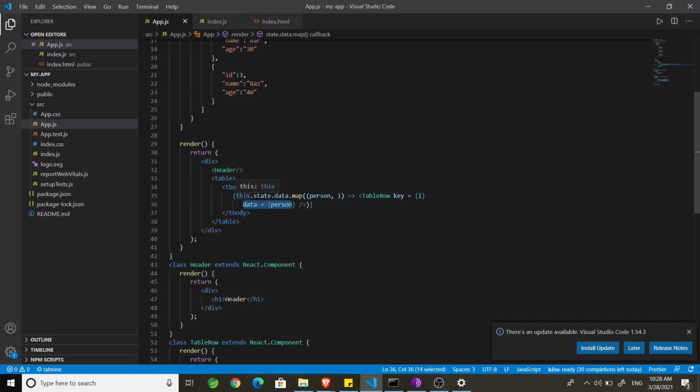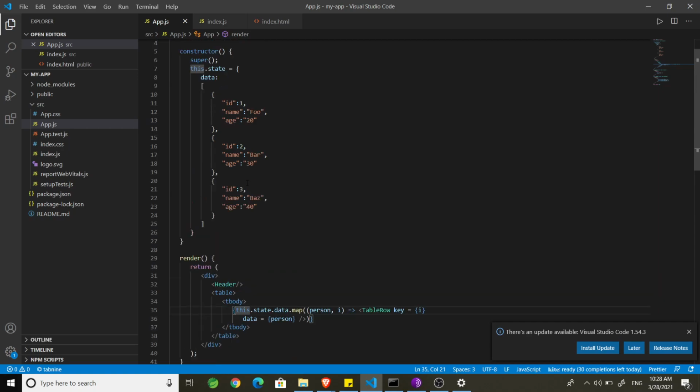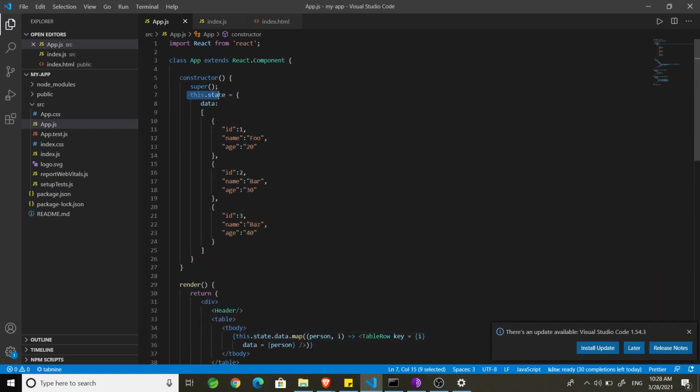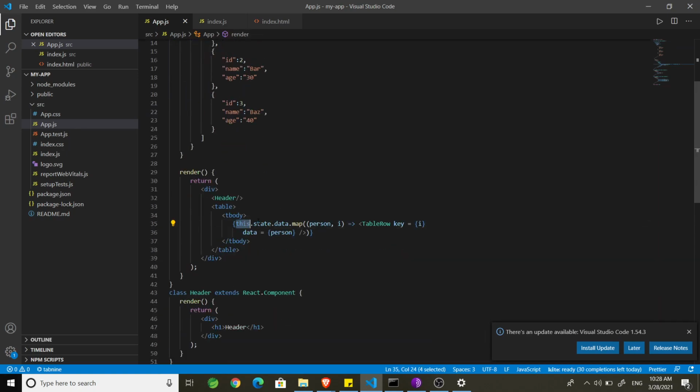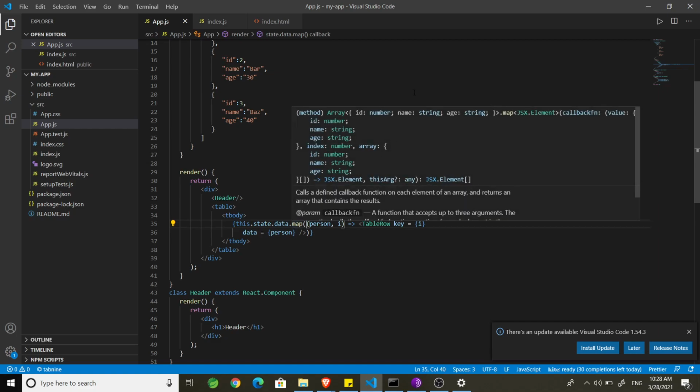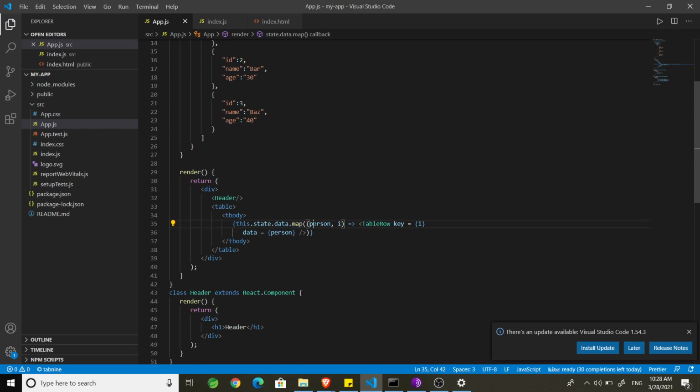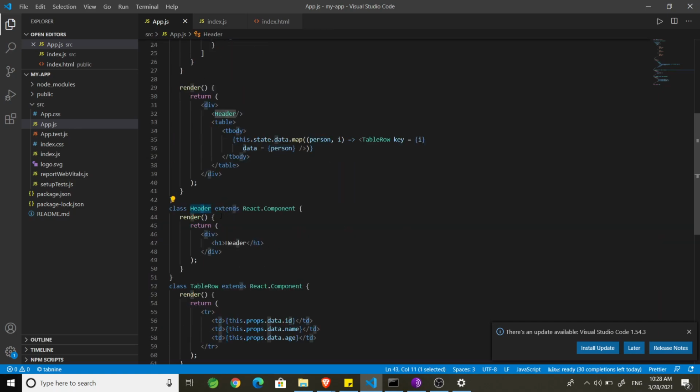So as you can see from where I am getting this, from the state variable, like here this dot state dot data. Then I am using that map to iteratively call the component. Inside that map I have object of person and index, and then I am calling this table row component with these two values. So here is my header component, which is simple static component.